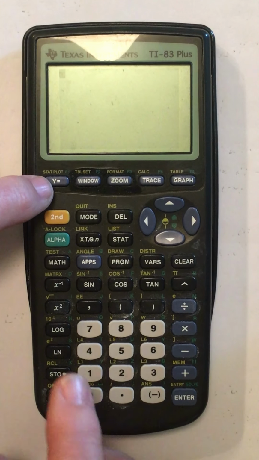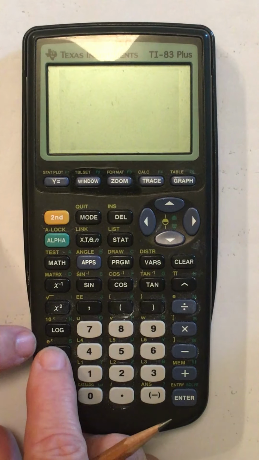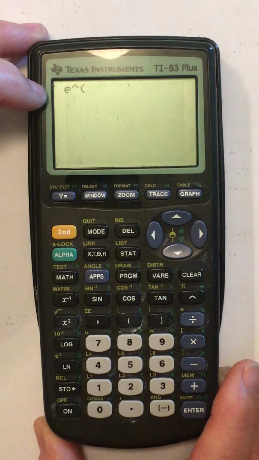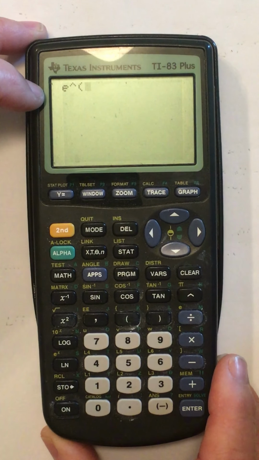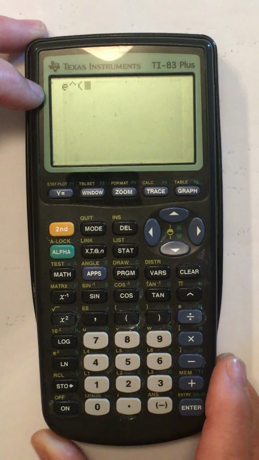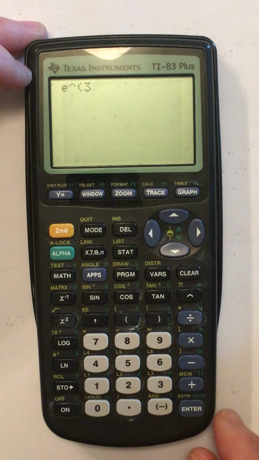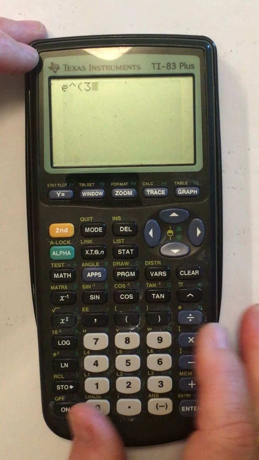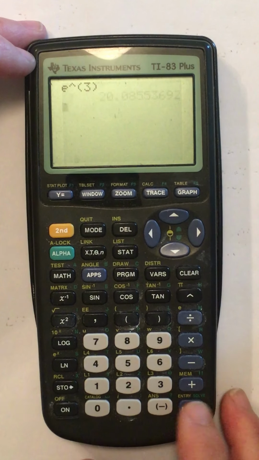In this case, when you push second function and then e to the x, notice that it opens a set of parentheses for you. It has e, and then the little caret means exponential. Now you can put into this whatever value you like. So if I wanted to find e to the third power, I'd place in 3. You typically would close the parenthesis. In this particular case, it doesn't really matter, but typically you'd close the parenthesis, and when you hit equals, you